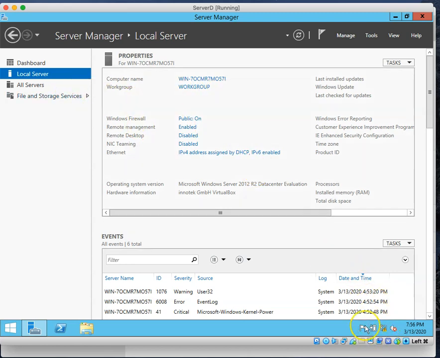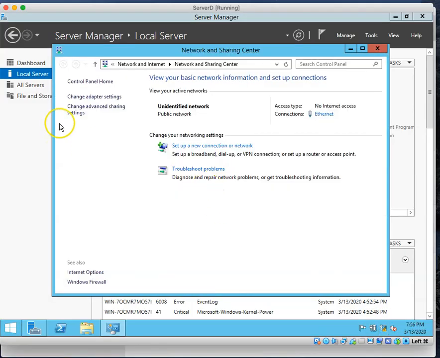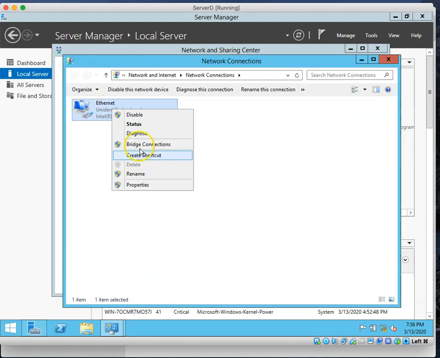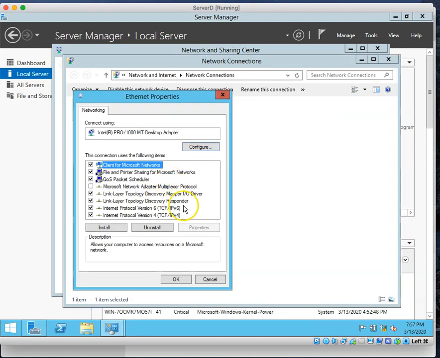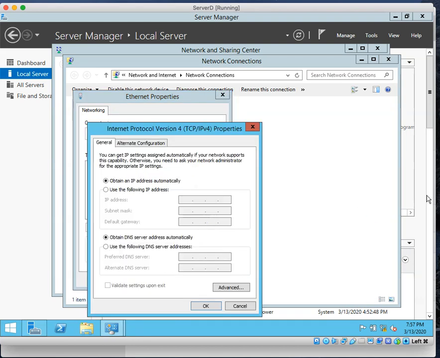Now we're going to get into the IP configurations. All right, we're going to assign it an IP address, and if my recollection helps me, we were told to use, I think, 10. So we're going to do 10.0.0.10. All right, subnet mask is